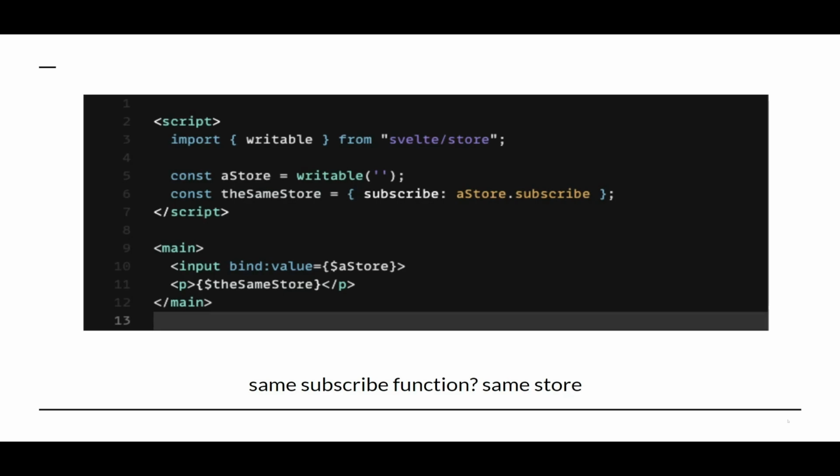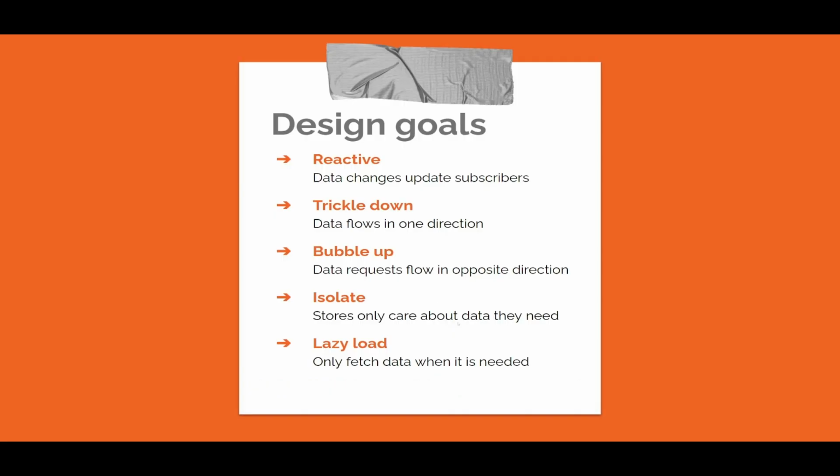This leads to an unintuitive concept. If you have two objects that share the same subscribe function, both objects can be thought of to represent the same store. Here, you can see we've made two objects. But as they both have the same subscribe function, they represent the same store. Thus, updating one will cause subscribers to either of the objects to update. This is an important concept once we start writing custom stores. But first,